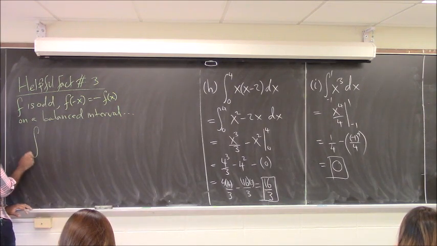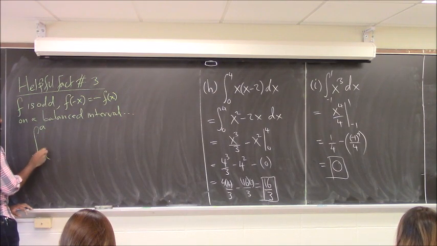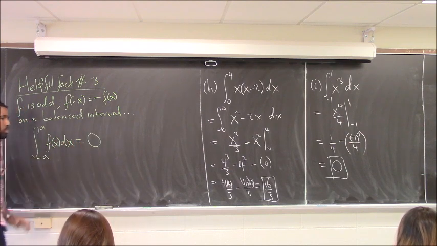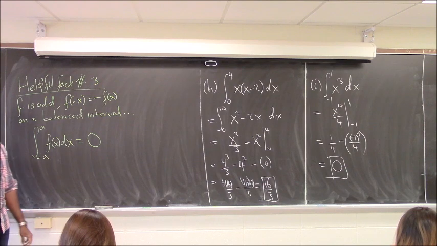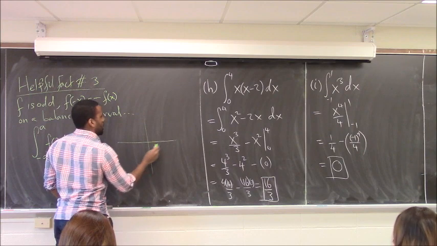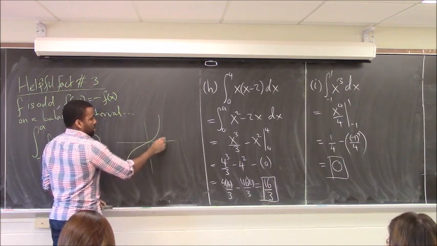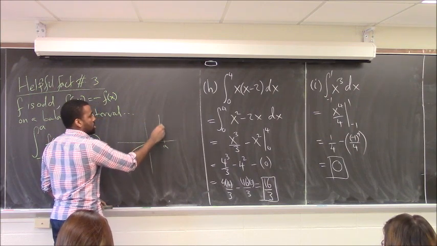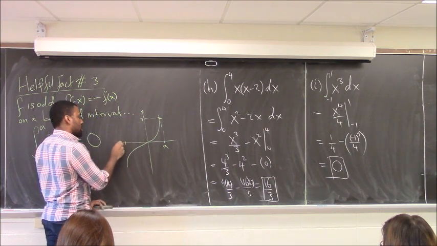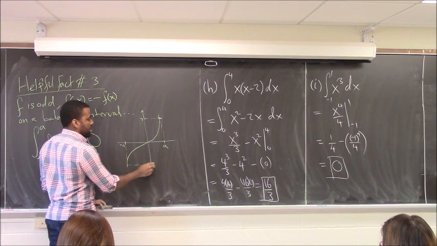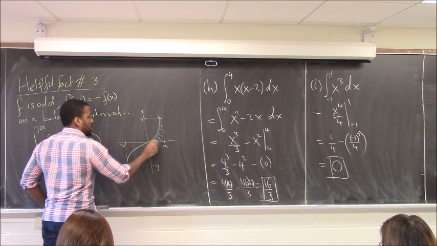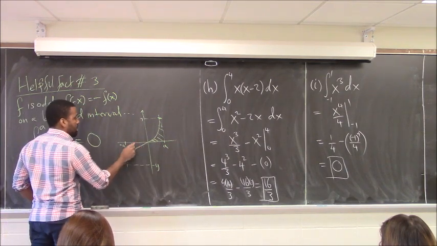then it turns out it will always be the case that an odd function will give you 0 area on a balanced interval. And why is that? Well, because we know how odd functions behave. Given some random x value here, we'll get some random y value. But if we take the negative of that x value, we get exactly the negative of that y value, which means the area under the curve over here is going to be exactly the negative of the area under the